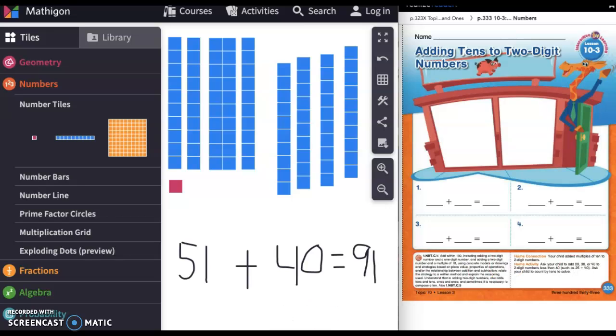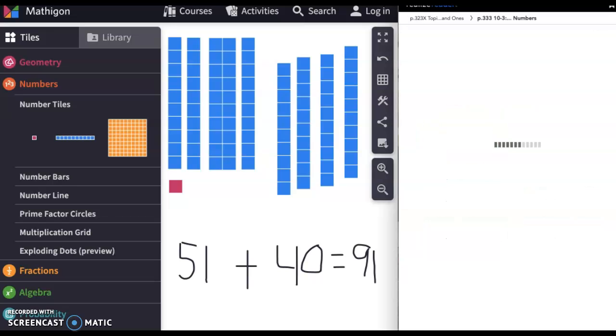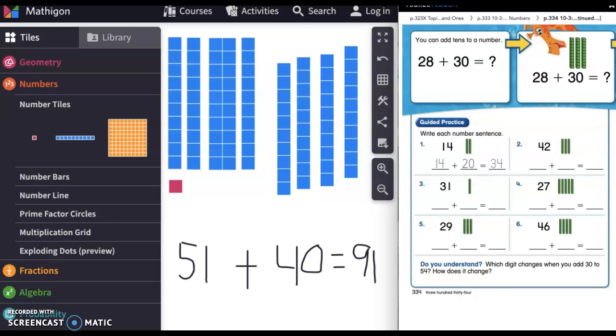Okay, boys and girls, nice job. So I want to see what you're able to do. I would like you to work through the next couple pages on your own. So if you look over on your work pages, questions 1 through 6 on the first page, you have your